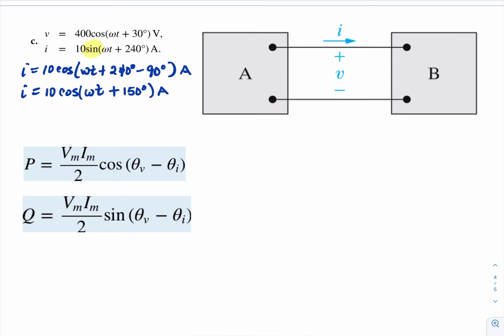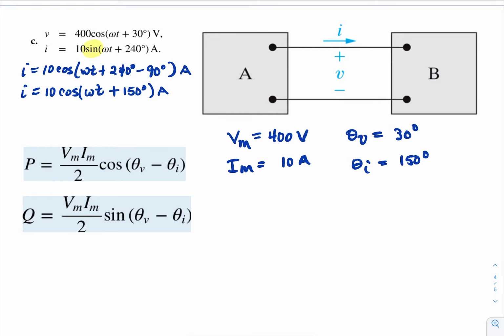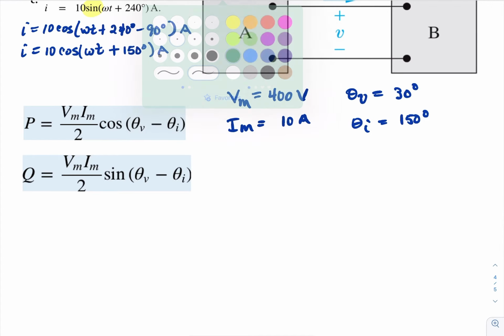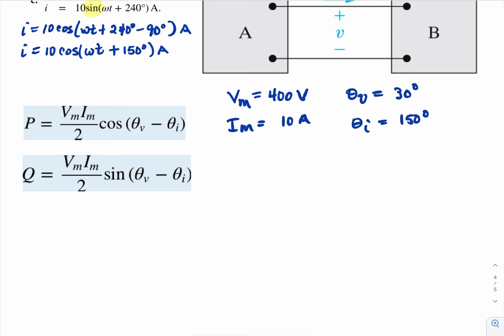amps. All right, with that done, we can now find V sub m, which is 400 volts, I sub m, which is 10 amps, theta sub v is plus 30 degrees, and theta sub I is plus 150 degrees. All right, so let's find our real power, or average power, P. So P is equal to V sub m times I sub m, divided by